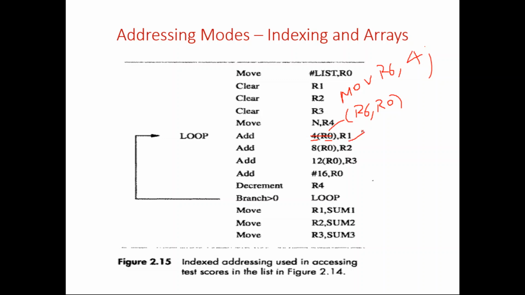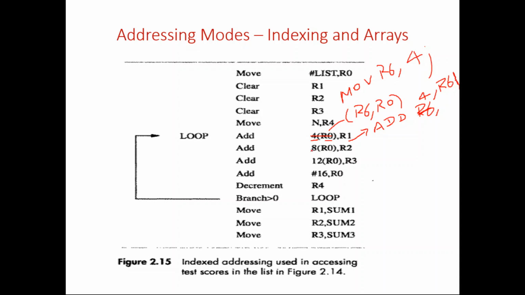Again here we can increment, or once again we can say add R6 comma 4, or add 4 comma R6. Our result goes to the right-hand side in these programs. Add 4 comma R6 will add 4 with the content of R6 and the result will be stored in R6. Already R6 contains 4, so now R6 will become 8.